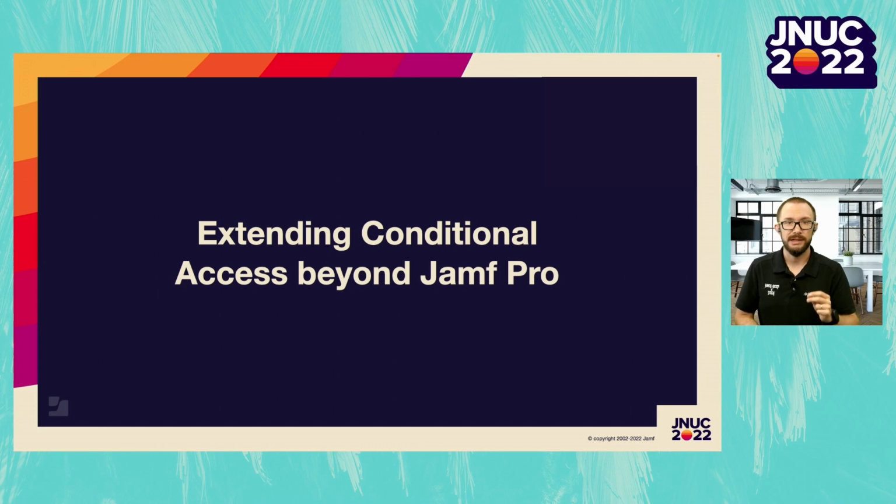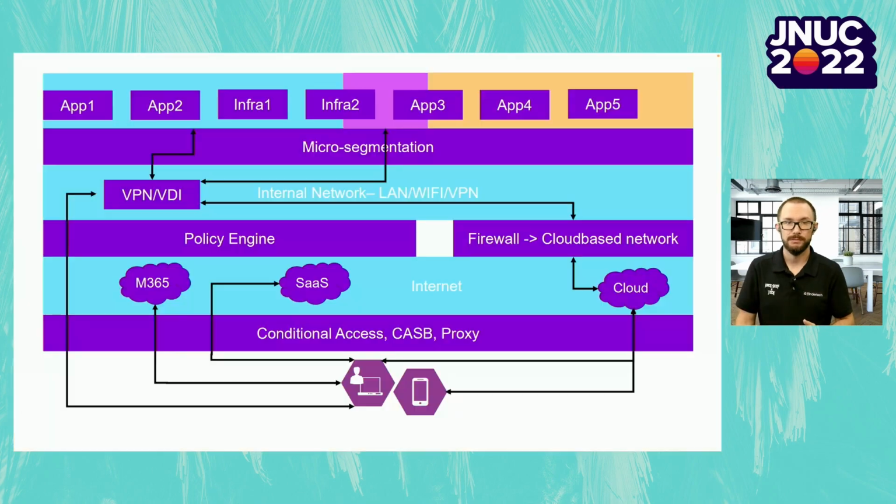Conditional access to me is just a piece of something bigger, where Jamf Pro plays a key role. This is an example of a zero trust design, where conditional access is being used to protect the initial access to the network or the cloud applications. But the information we gather as part of this process, the compliance state, the user state, the device it signs in from, the location, everything that conditional access can evaluate and Jamf Pro can provide to conditional access, that information can be part of this process